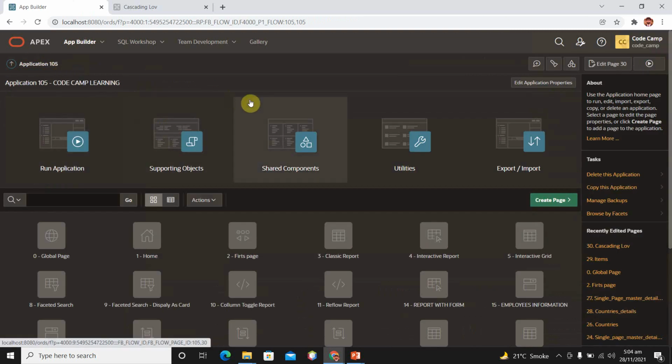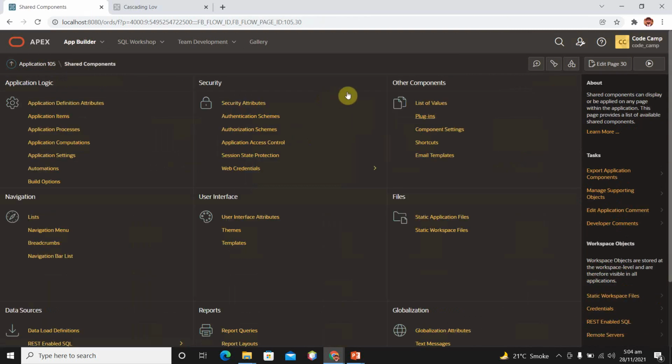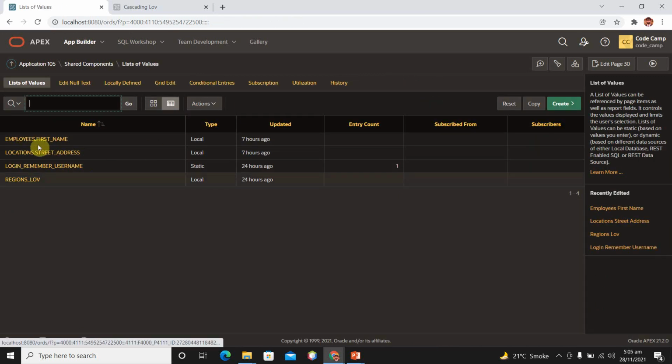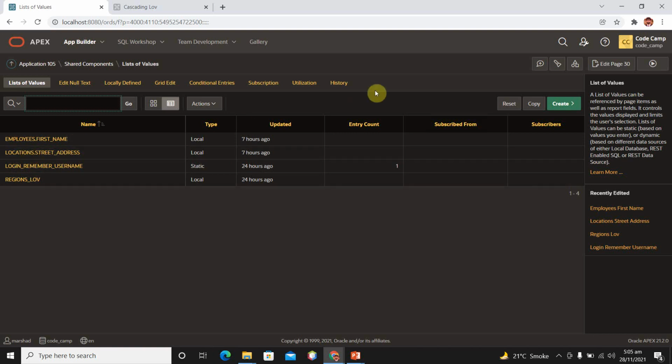Go to your application, then shared components, then we have list of values, and I already have a regions LOV in my shared components. So you can create a new LOV, or you can use this regions LOV.